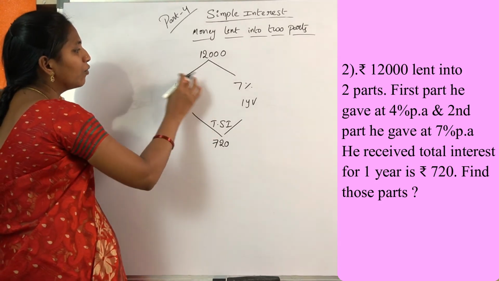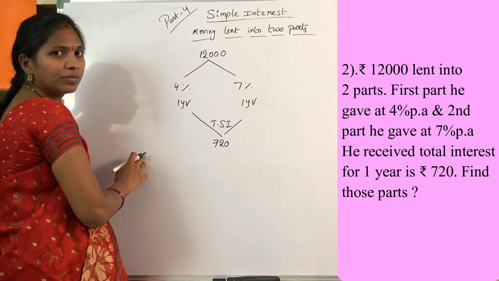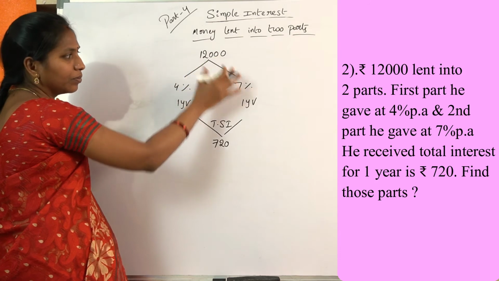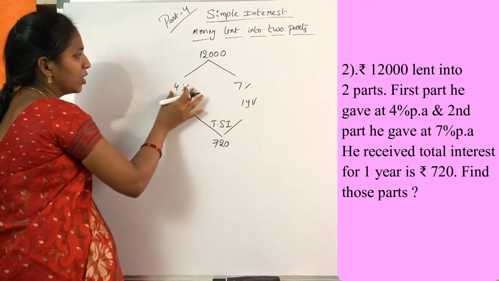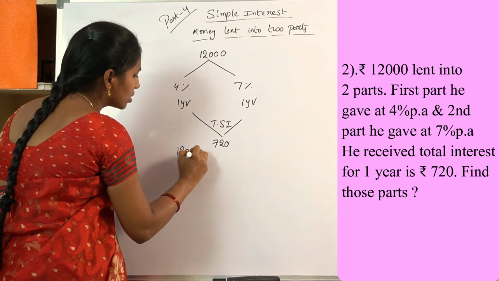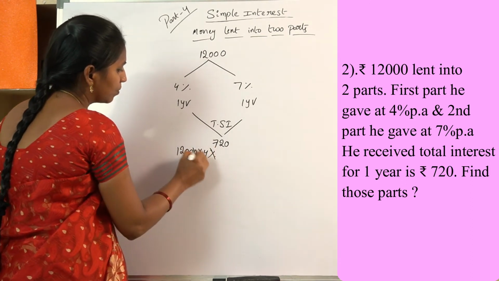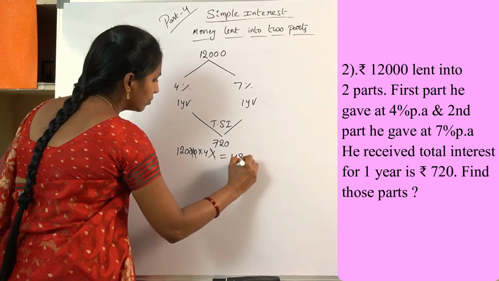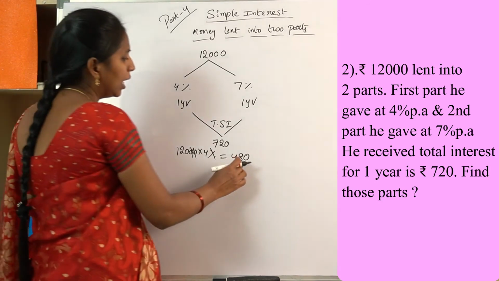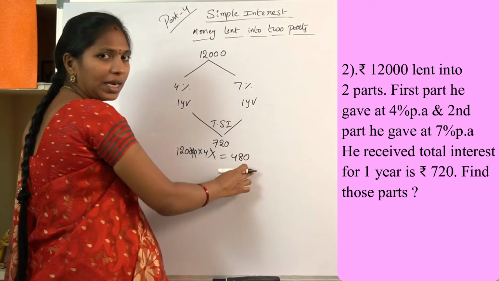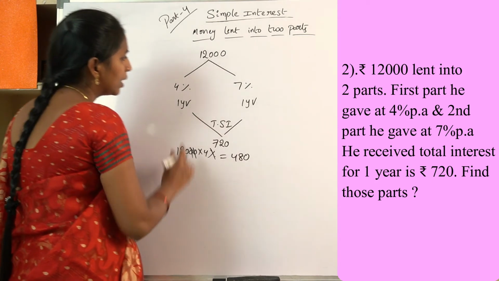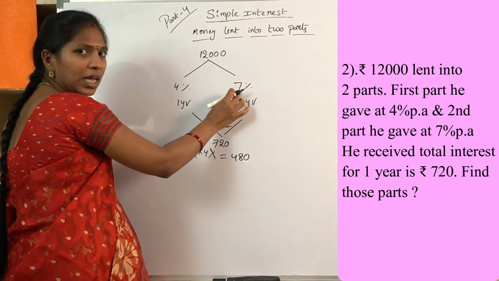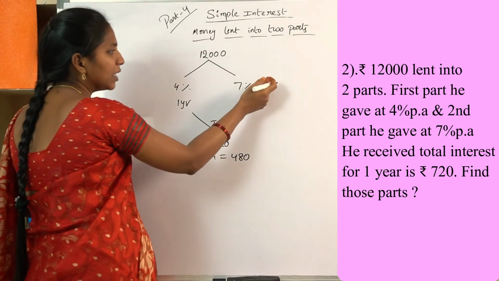See, calculate 4% of 12,000. First of all, calculate less percentage into that amount. Don't take more percentage. See here, 4%, 12,000 into 4%. Then 4 12s, 48. Then 480 is the result. Now see what is the difference in between 720 and 480. See here, this is 4% and this is 7%. What is the difference here? 3%. So here 3% is extra.